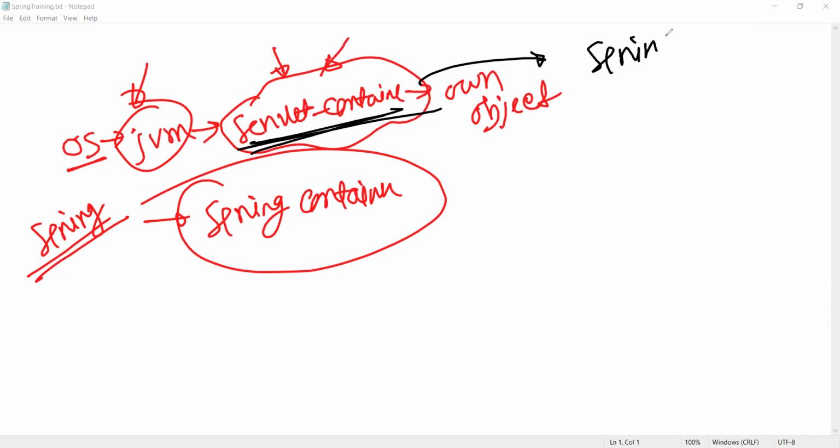This is a little bit advanced concept. If you can't understand it, just ignore. In modern technology, JVM directly creates the Spring container, and later Spring container can create the servlet container, right?